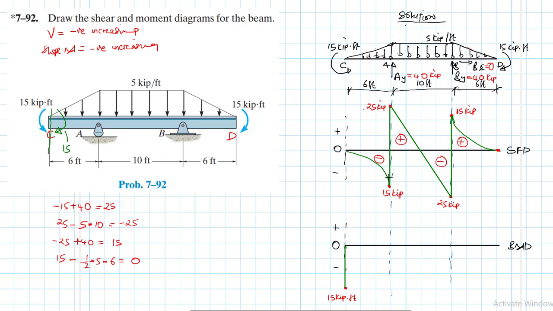So we need to find the shear function so that we find the value of the moment at A. So we can do that. We know that our shear is going to be equal to minus, of course, this is a minus value, minus half times